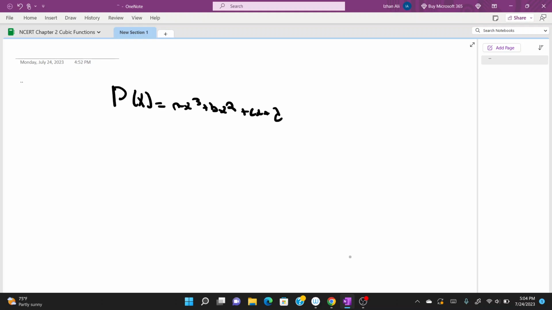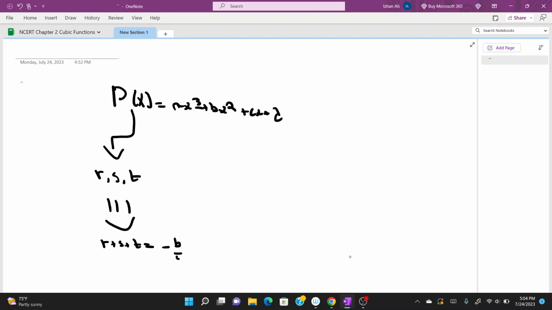Now there's a bunch of different manipulations you can do with the roots of a cubic. Now, the fundamental theorem of algebra, which NCERT does not cover, states that a polynomial p of x with degree n has at most n roots. So assuming this has roots r, s, t, then we can figure out the following expressions. r plus s plus t,